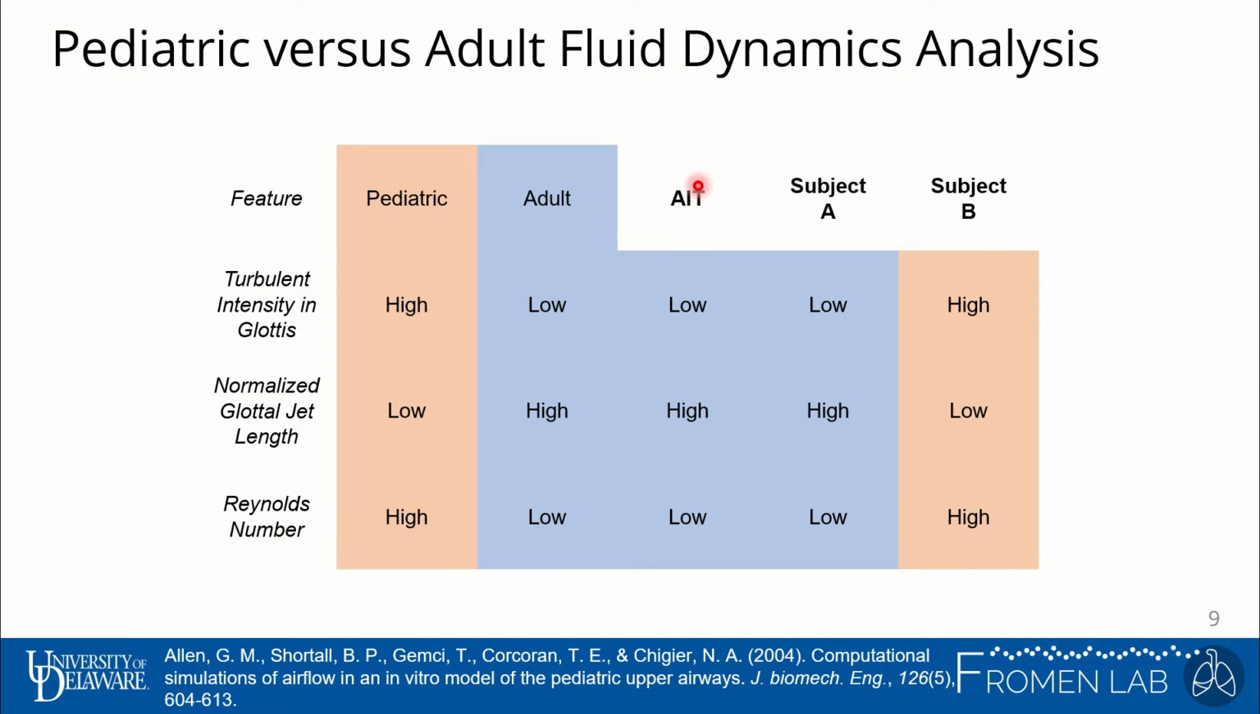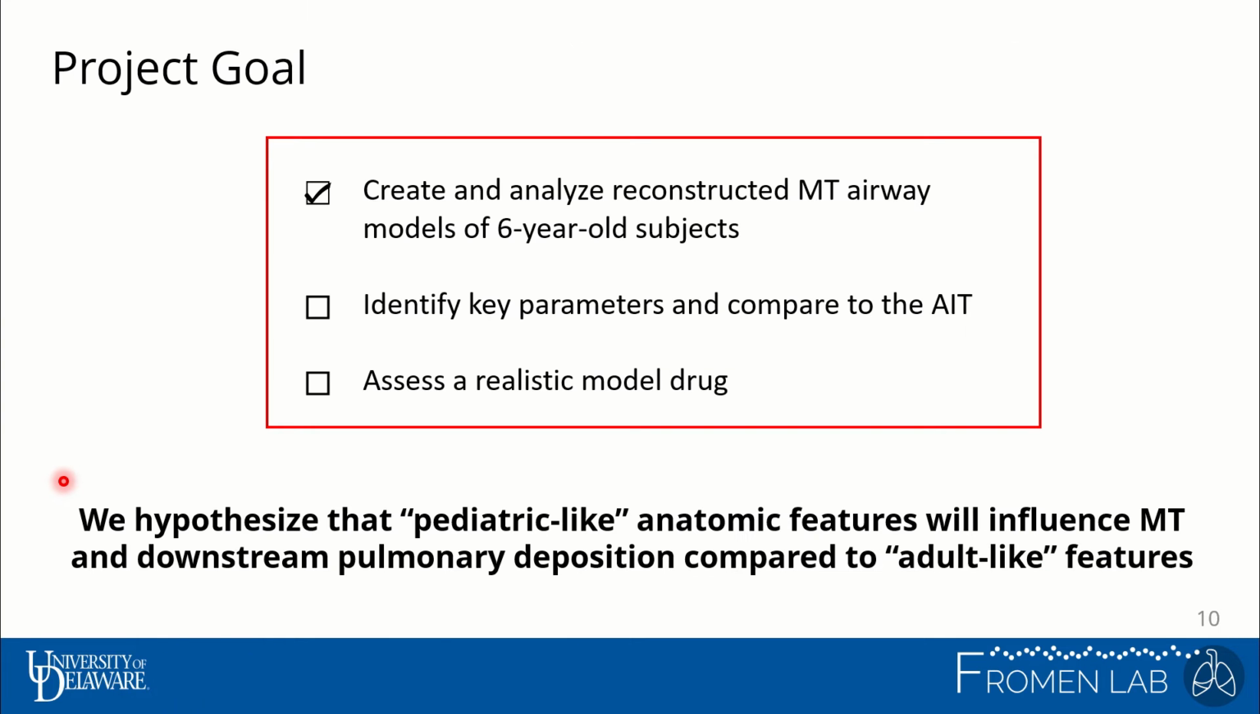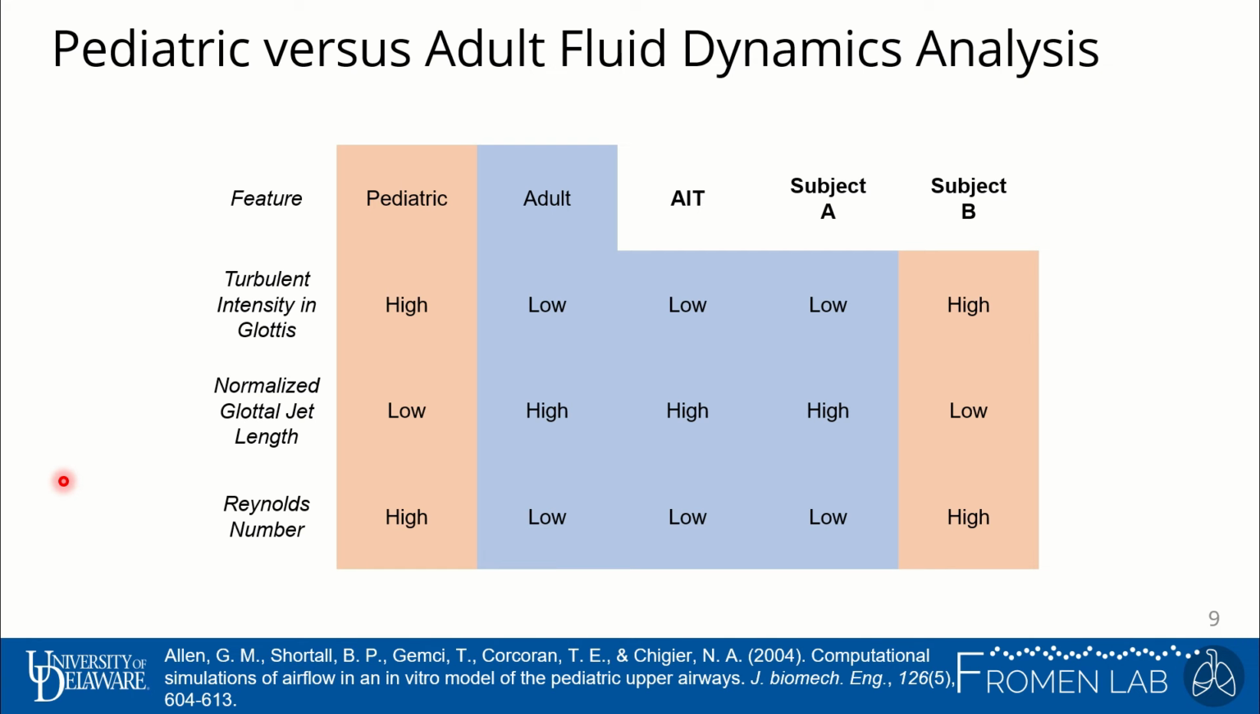We saw that the Alberta idealized throat and subject A had entirely adult-like features, while subject B had entirely pediatric-like features. And this is qualitatively what we would expect based on literature. And again, while this is qualitative, we did find that these are interesting comparisons that could be useful in future differentiating between